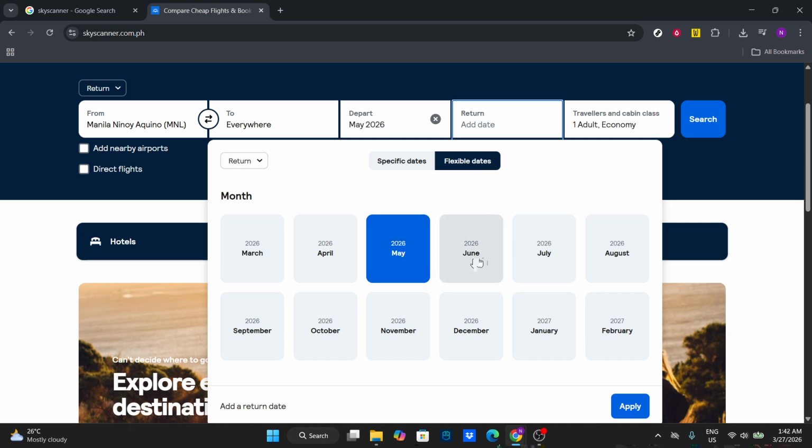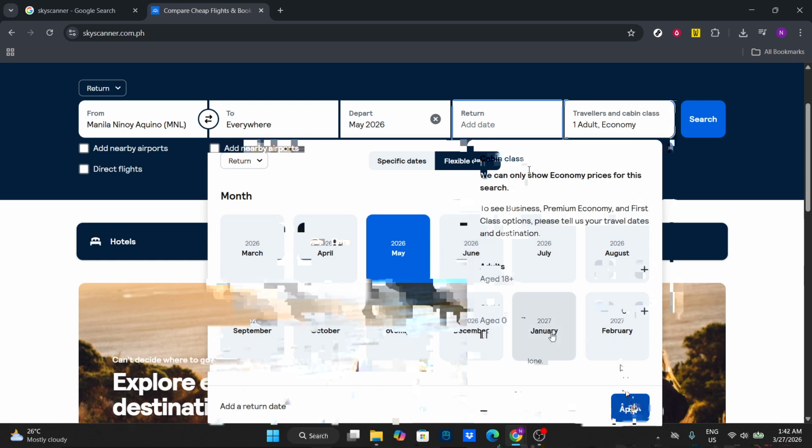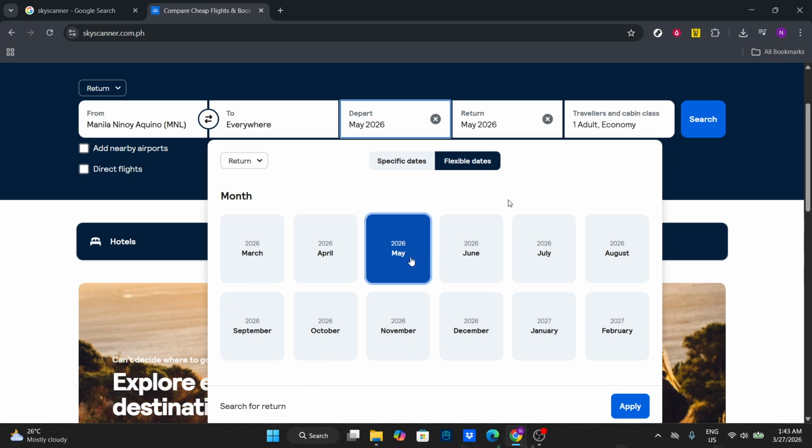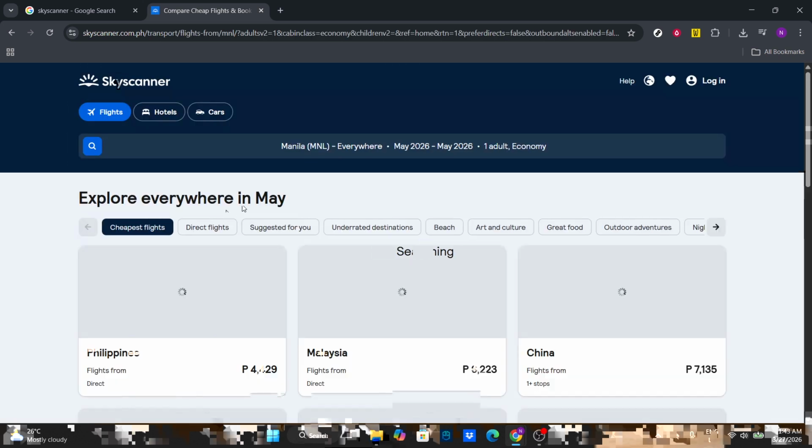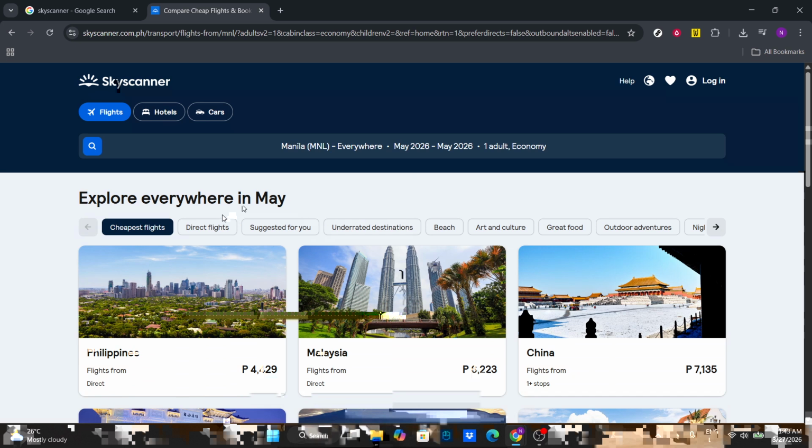Do the same for your return date. Click the return date, pick flexible dates, and select the same month or another that fits your plans, then click Apply. With both directions set to flexible, you're giving the tool the widest search window to find real savings. Click Search. Skyscanner will compile options and show you the lowest fares it can find, often grouped by country and